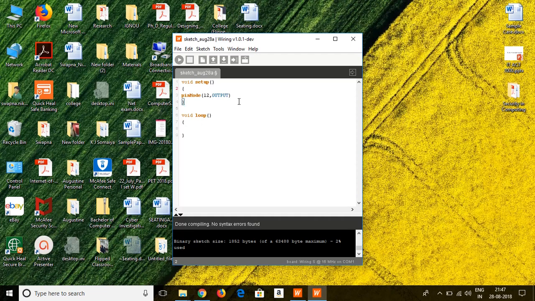Either I can give the number 12 over here, but it would be complex for me to use the same number 12 in the further code. So what I would do, I'll globally declare the pin number 12 for the LED. So let me declare it globally. The declaration is the same as the C++ syntax. So it is an int. And what name would I like to give? I can give LED, but it is recommendable to give it with the color name. So it will become easy for you to understand which color LED is plugged in to this pin number. If I'm using red, we can give it as red LED